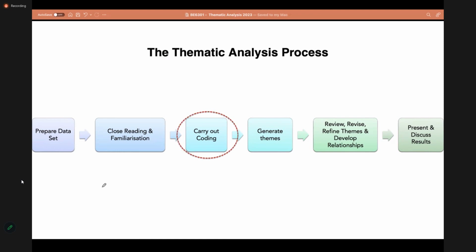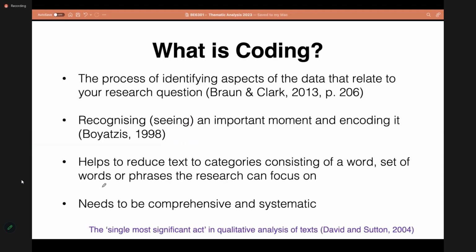So with that, we'll come to the main part in our thematic analysis process, which is to carry out the coding. So what do we mean by coding here? Simply, it means we are trying to identify aspects in our data that relate to our research questions.